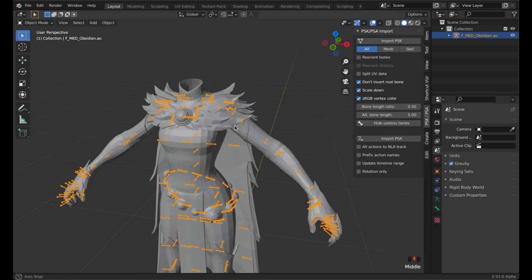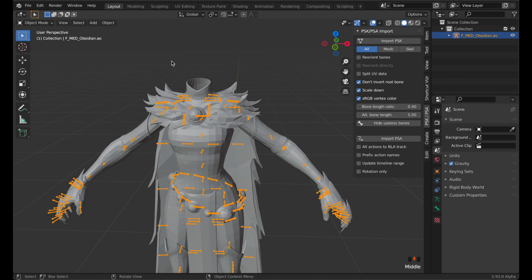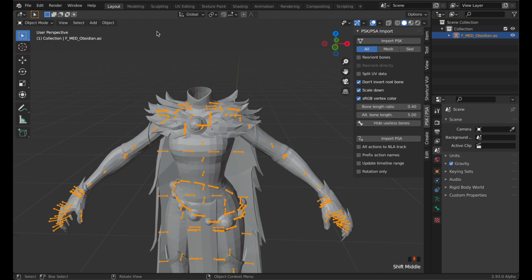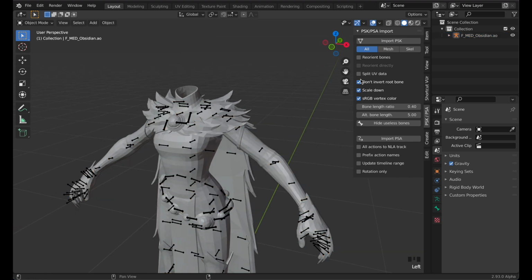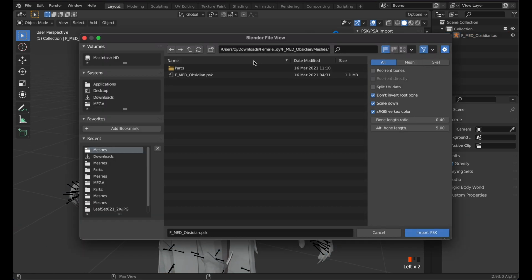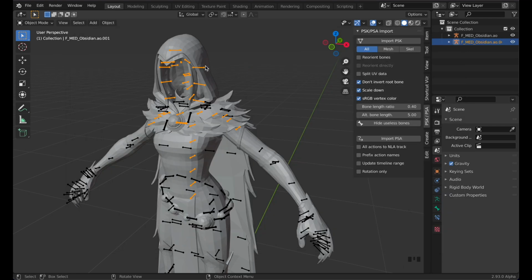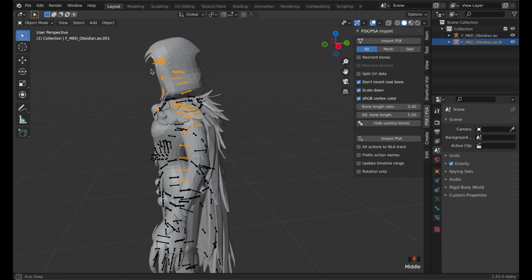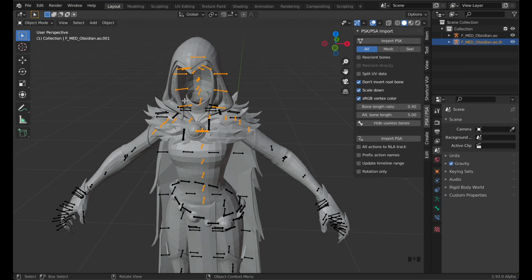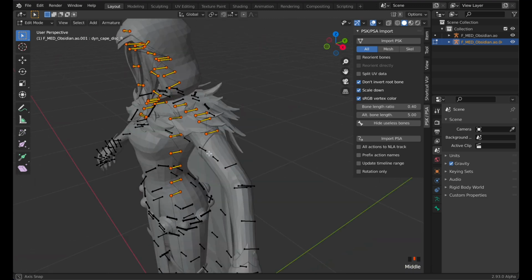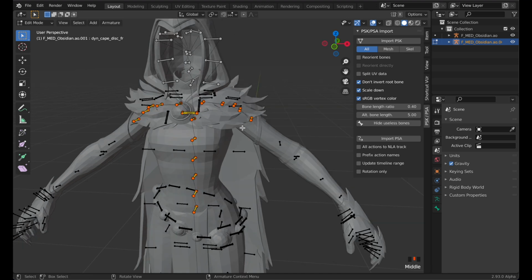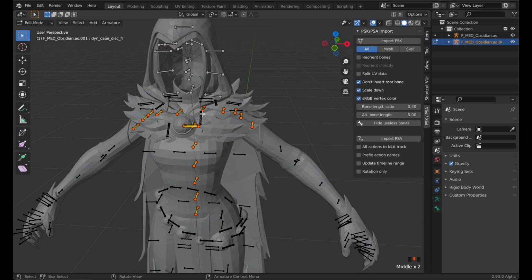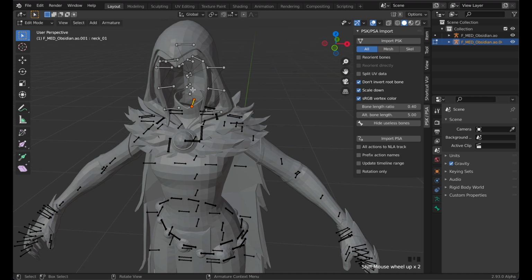What I like to do is delete anything from the body that is above the neck, because you don't want to have duplicate bones. That's just what I do. And then for whatever accessories, I just go ahead and delete those as well. The only thing I delete from here is the shoulders, and then I go back and delete the neck